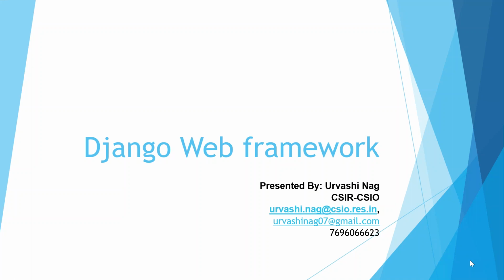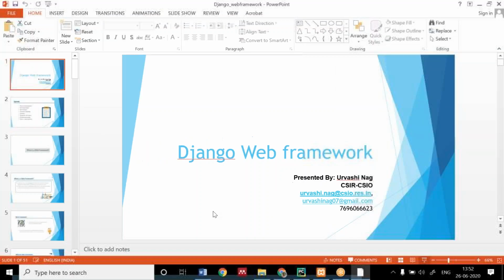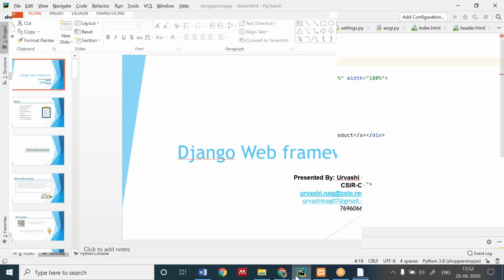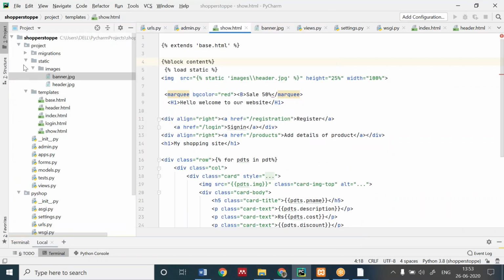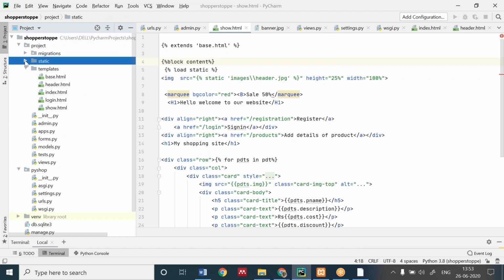Ma'am, I wasn't able to add CSS styles as I don't have the style code. Okay, I will share it with you. The style folder will be there. You can get it from here.